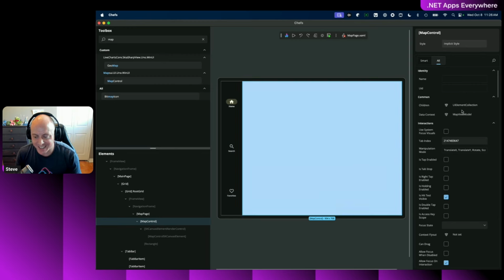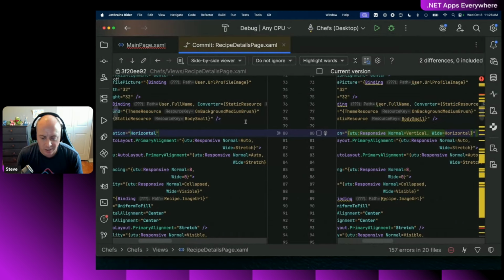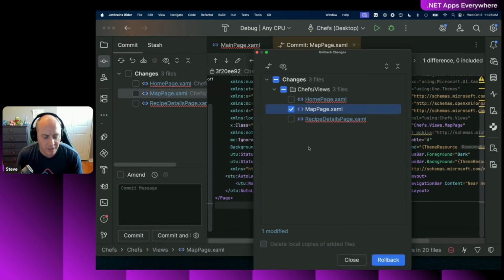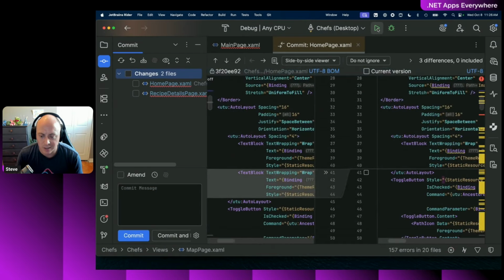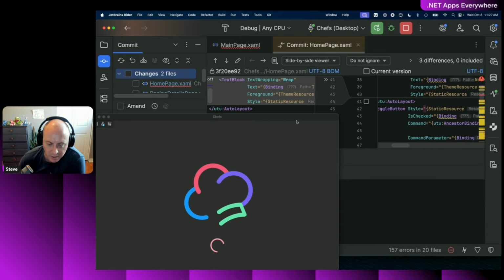Okay. So our map control's here. As long as I were to set its stretch. You know what? I think I royally screwed this up. Hold on one second. We're going to exit hot design. We're going to kill this. We're going to undo what I did because I messed something up hardcore. Map page. Roll back. Roll back. Cool. So we'll do this again. Let's let it build. Sometimes if you drag stuff in the wrong place, it's not happy with what you do. So if we open this back up,